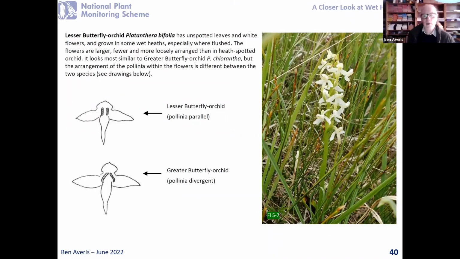Butterfly orchids, the lesser butterfly orchid is more of a kind of wet heath plant. Greater butterfly orchid can be in there as well, but tends to be maybe a bit more in damp grasslands. Those details of the flowers will separate them. So that's the thing that we saw earlier on. There are two or three spikes of it in a more distant view of some wet heath. And the next picture,